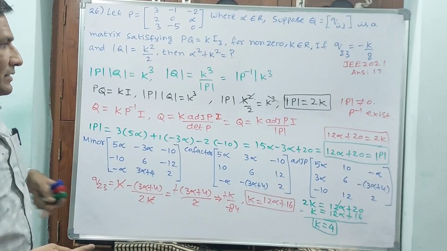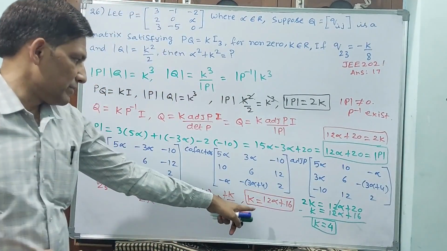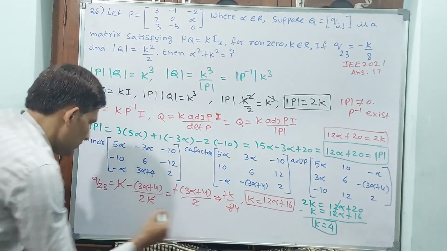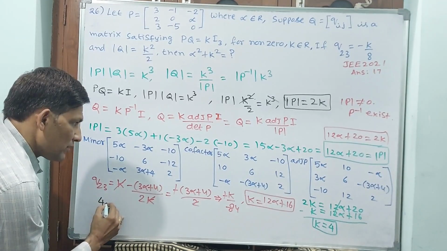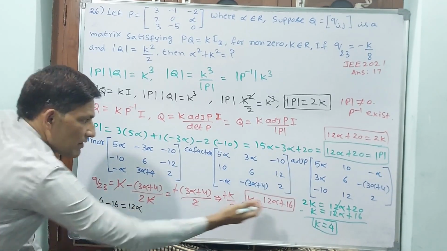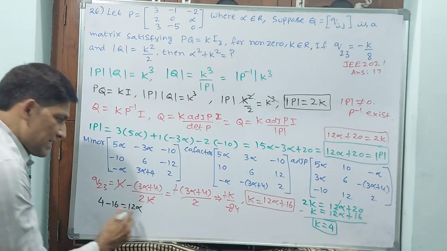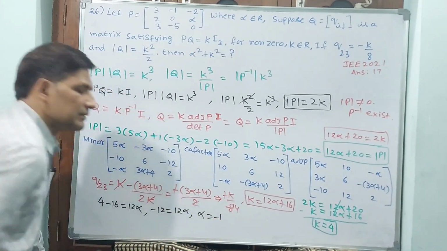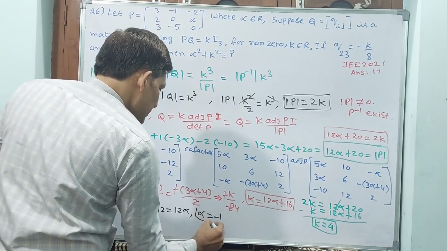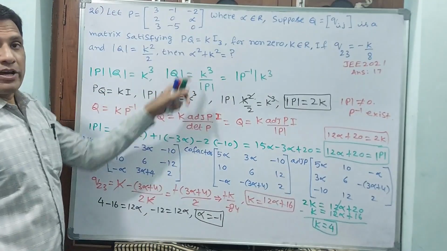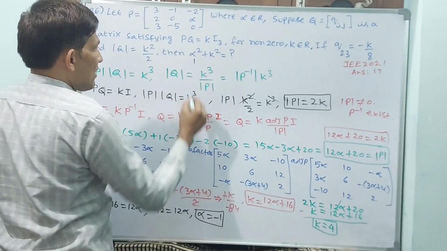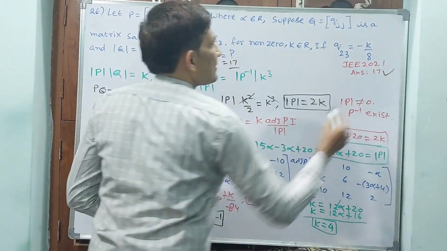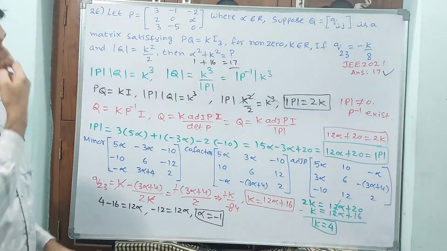Any one relation you substitute. Because the K value you have got, you substitute in this. Okay, 4 minus 16 is equal to 12 alpha, because 16 I have sent this side. 4 minus 16 is minus 12. Minus 12 is equal to 12 alpha, or else alpha is equal to minus 1. Okay? Alpha value is minus 1. They are asking alpha square plus K square. Alpha square, minus 1 square, 1, plus K square, 4 square, 16. That is equal to 17. This will be your answer. Okay? Let us go for the next question.